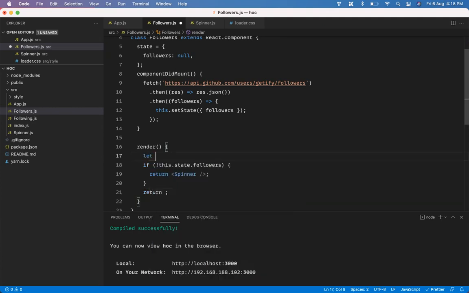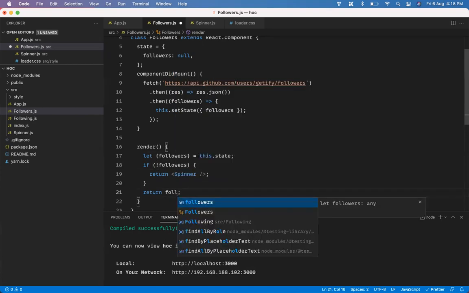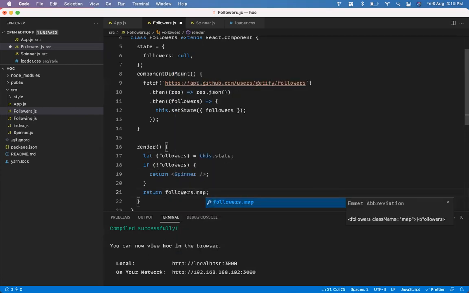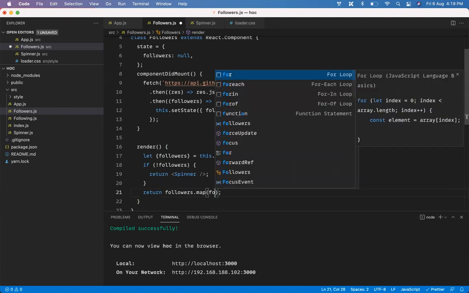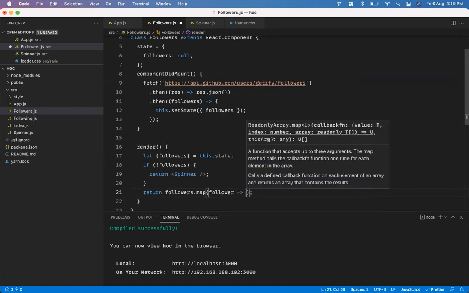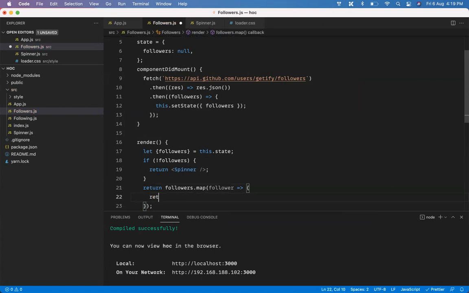So we can just say let followers be coming from this dot state, because we're using it multiple times, so we don't always have to say this dot followers. Here followers will be an array of information. So here I'll get access to each follower, and for each follower I'm going to return a li element.